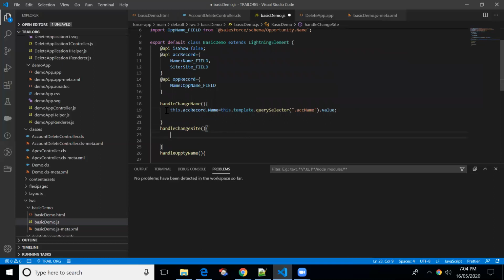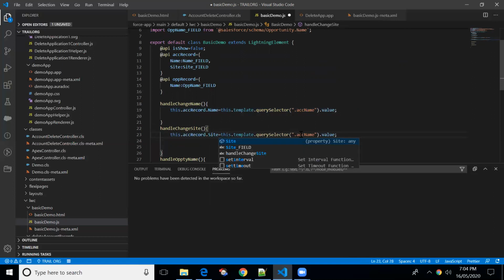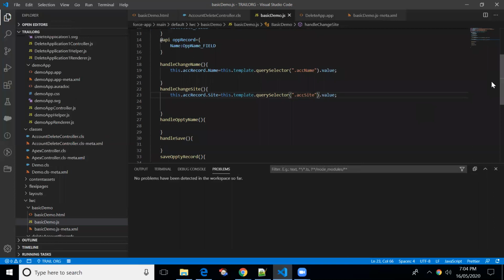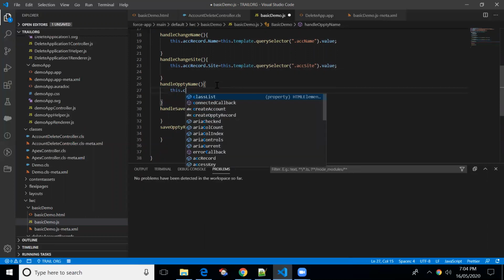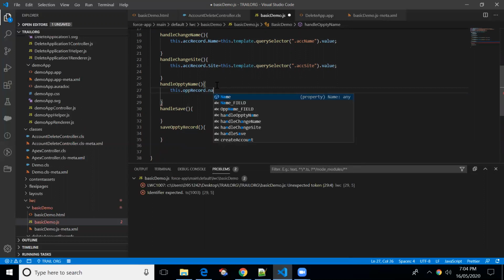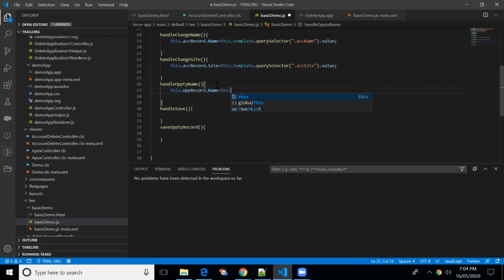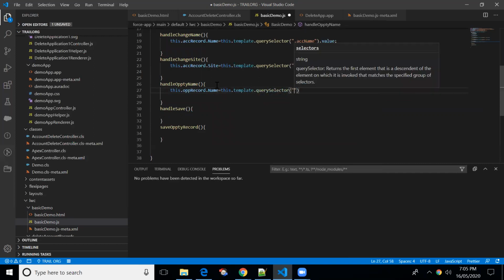For handle change site, let me copy this and change the name to site, ACC site. For opportunity, this dot OPP opportunity record dot name equal to this dot template dot query selector dot.